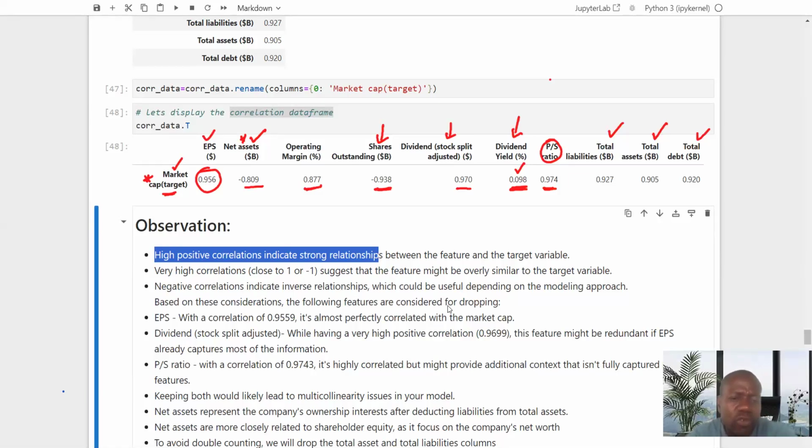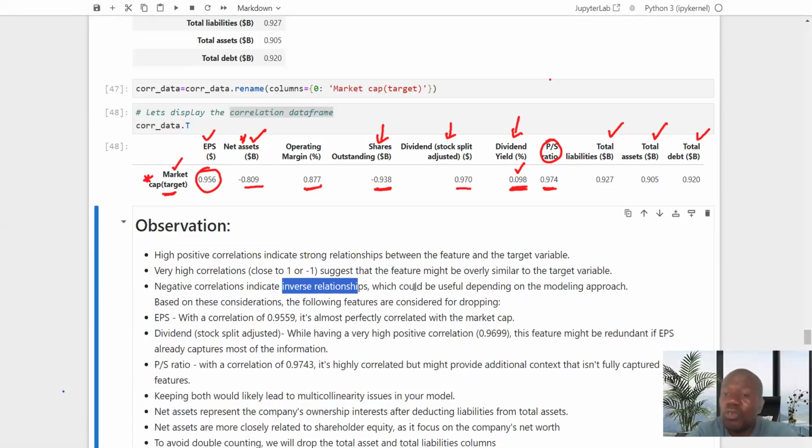And when a feature is similar to the target variable, it does not make any impact towards predicting the target variable, because its correlation is close to 1. For example, if you look at the correlation between market capitalization and market capital, it's 1. So a very high correlation, close to 1 or -1, means that these features and the target variable are similar. Now, if there is a negative correlation, it indicates an inverse relationship, which could be useful